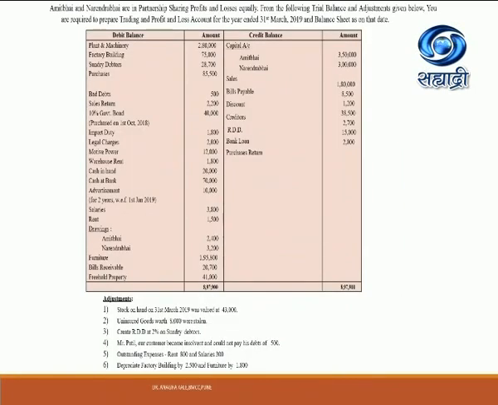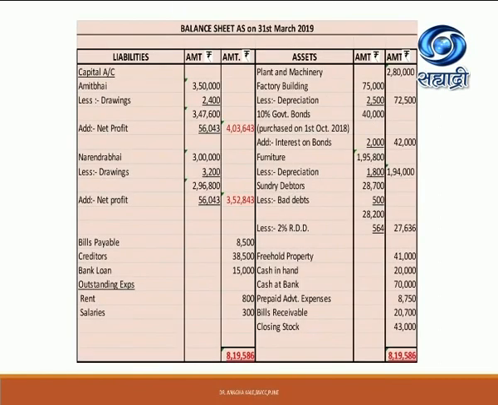And now the last adjustment, that is depreciate factory building. Depreciate factory building by 2,500 and furniture by 1,800. So we'll be showing depreciation adjustment, balance sheet asset side, factory building 75,000 less depreciation 2,500, so 72,500. And next depreciation is there for furniture 1,95,800 less depreciation 1,800,